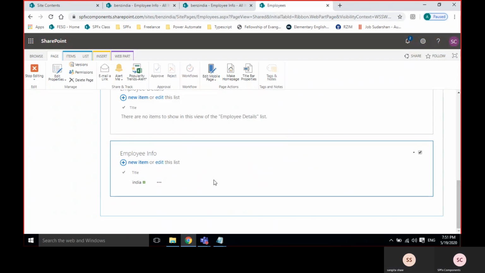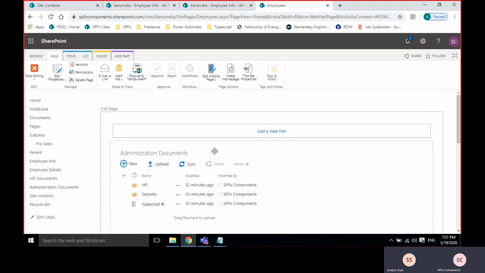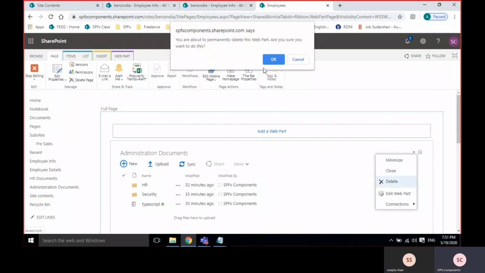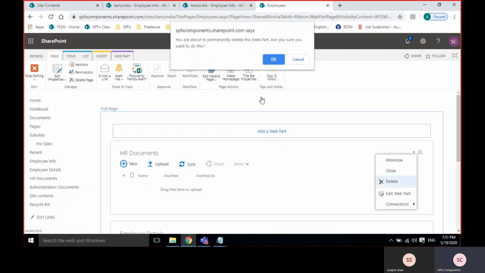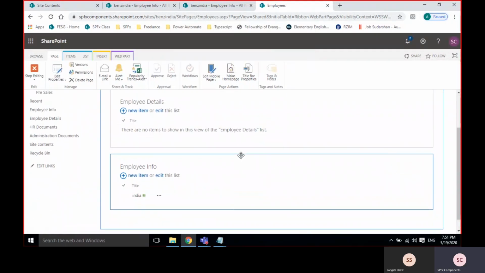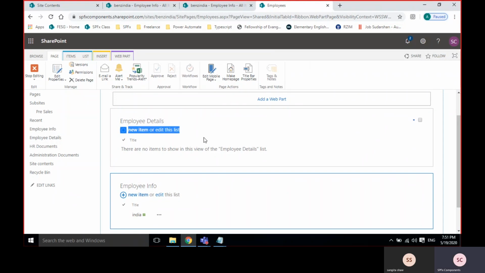So I can restrict those things within a web part page. I can delete the web parts if I don't want it.